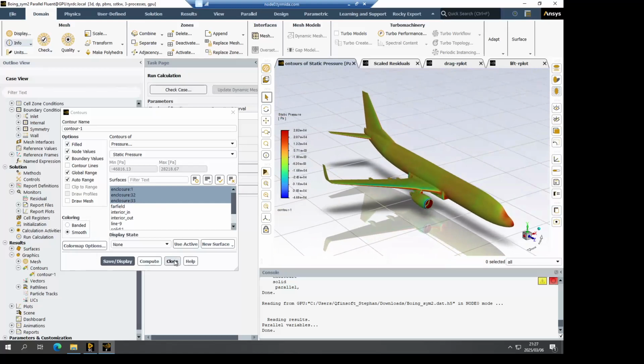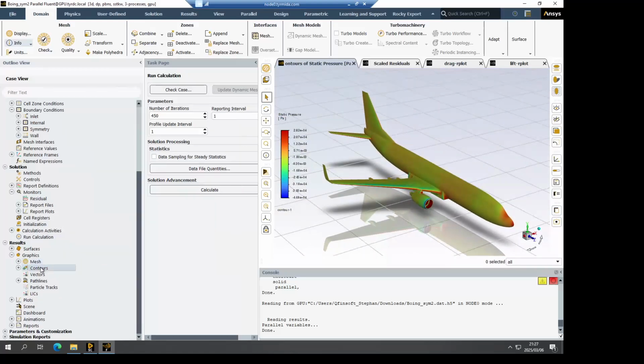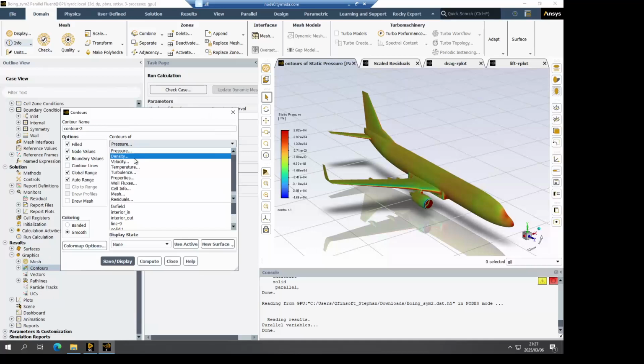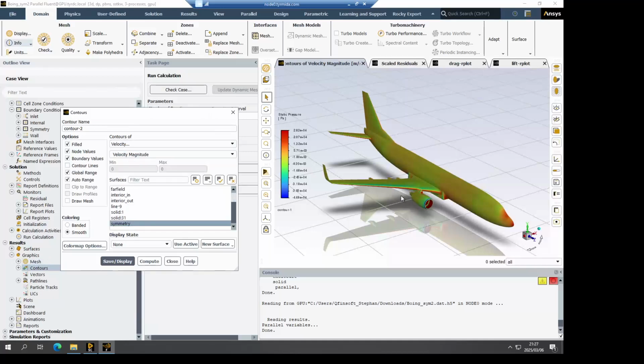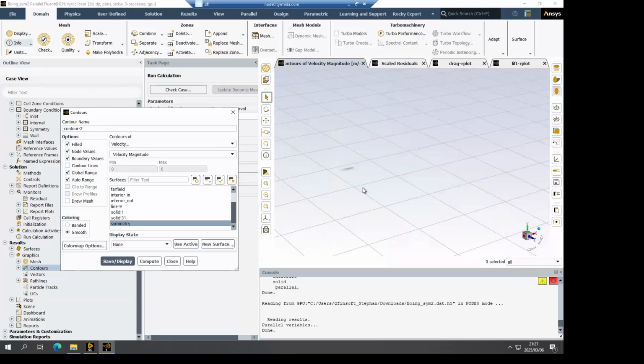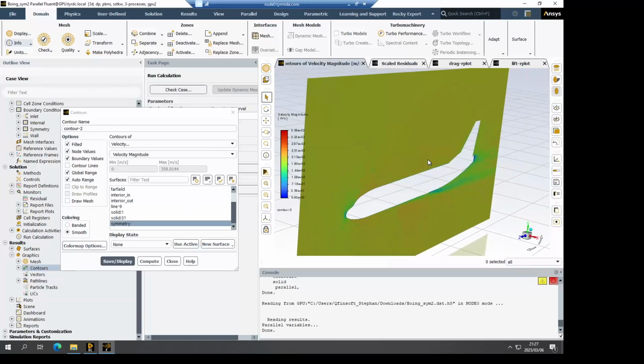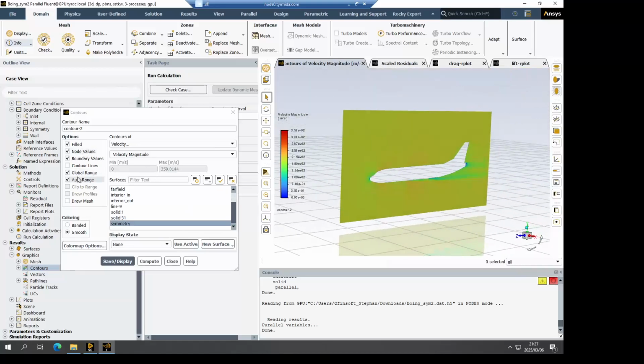Okay, we can also look at contour plot of velocity on the symmetry plane, for example. See what that is doing. Maybe change it to just looking at local velocities.